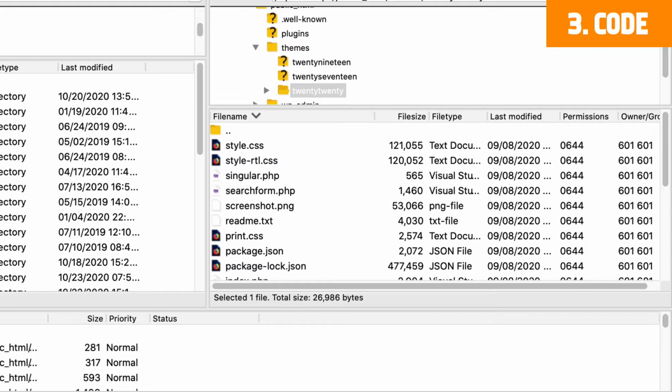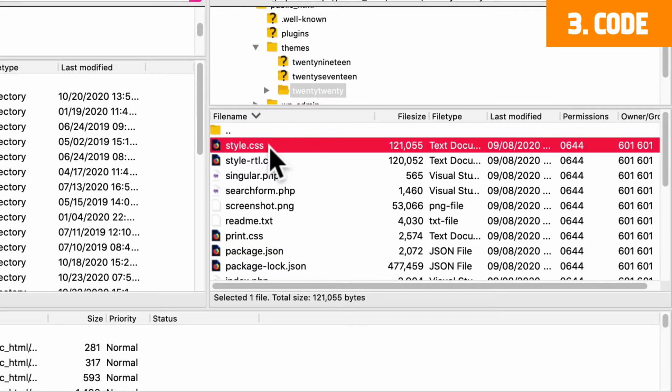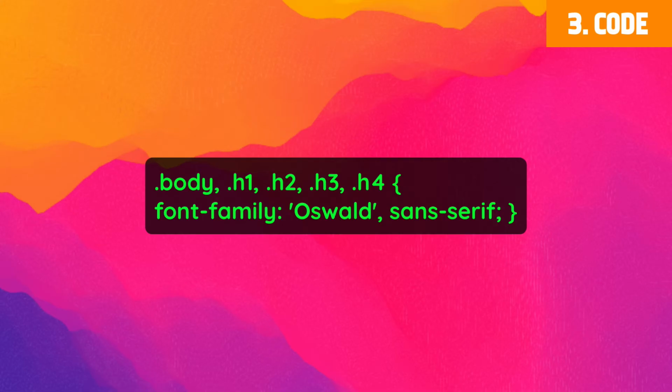Now, the next step is going to be to declare where your font is going to be used. Basically, this means that we tell the browser that we have uploaded this font and that specific kinds of text need to use it. Open up the style.css file in your child theme folder and add this code. Remember to swap the name for the one that you downloaded. You can remove some declarations, like if you only want this to be used for body text, remove the header tags or vice versa. Save the file and you are done.